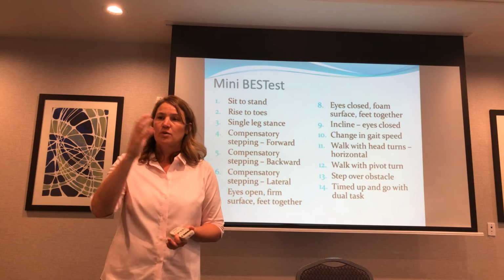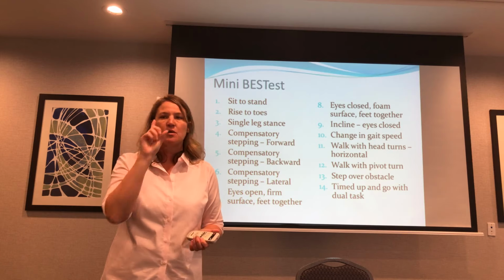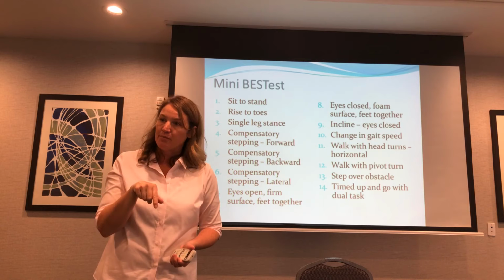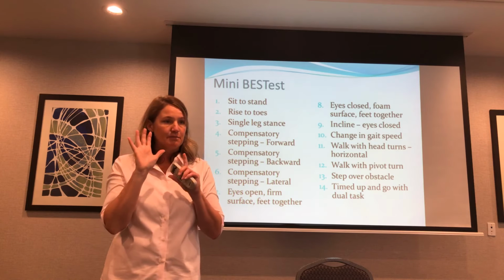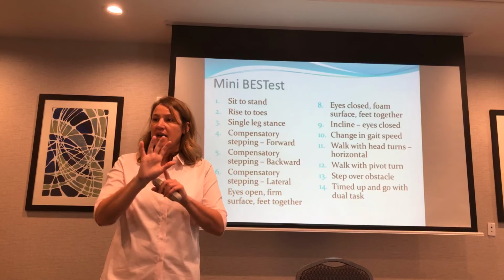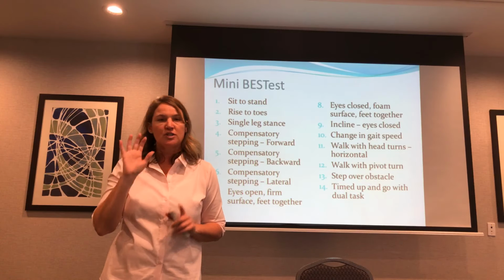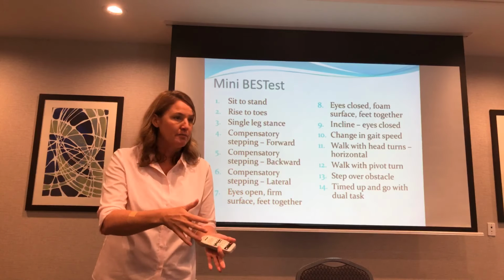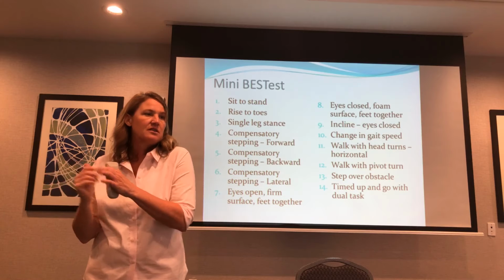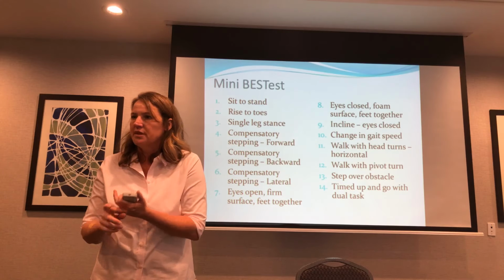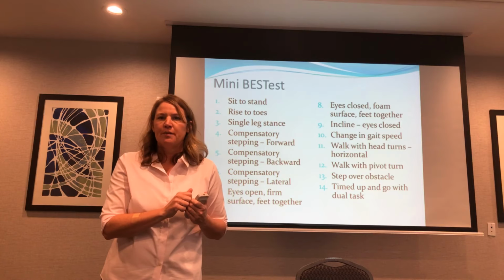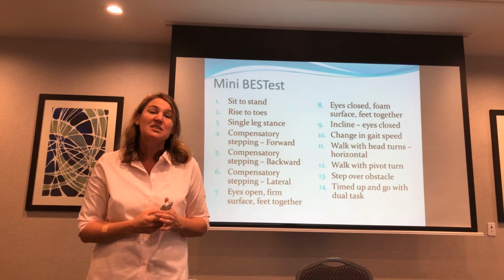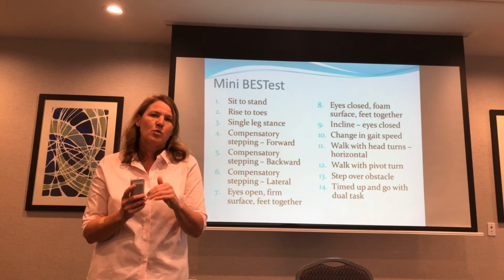So what they did was based on their research, they defined what was the one thing in each of the 6 sections that they felt was the best indication of that problem. So they came up with 6 pieces, 6 indicators, and the goal was that whichever one they did the worst on is where you could focus your care, because that's the biggest problem. So if it was biomechanical constraints, you look at their strength and range of motion. If it's more anticipatory postural reactions, you look at things like reaction time. So it basically is meant still to guide your care and to sort of indicate what's the biggest problem they have.